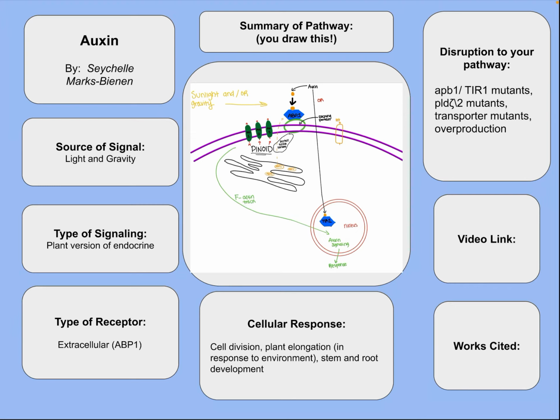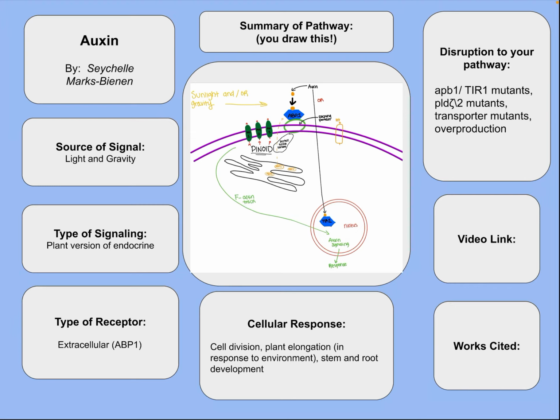This is called auxin efflux, and it's a crucial part of auxin transport because that's what gives auxin its directional flow and creates that gradient. And then from there, auxin will travel in vesicles along what's called the F-actin track, where it alters the gene expression and then triggers a response. So that response,